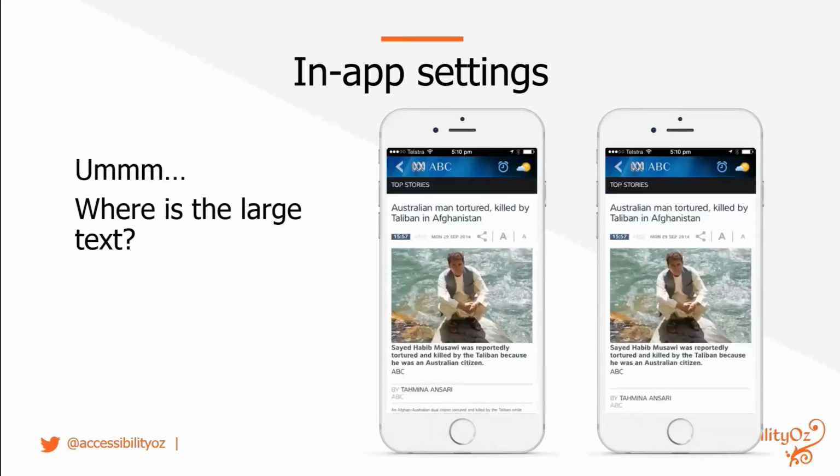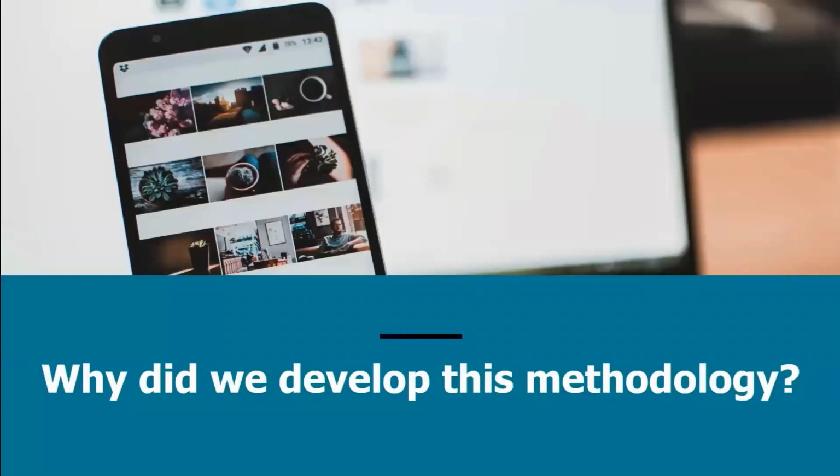And of course, the problem here is that these two images are of small text on the left and large text on the right, but they actually look exactly the same, because if you scroll up to the top, the header, the article title, the caption, the author, they're all in the same size text, whether you've chosen large text or small text. So there are a few things that you can identify on mobile. You've seen a few of them here if you're looking at WCAG 2.